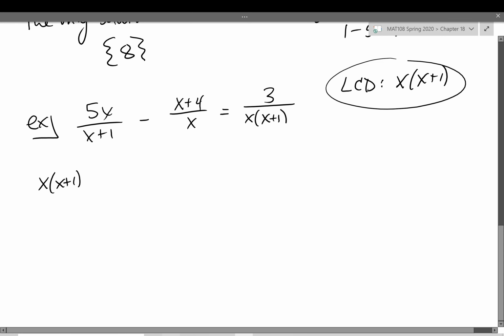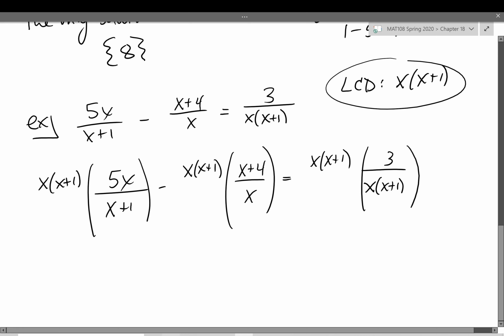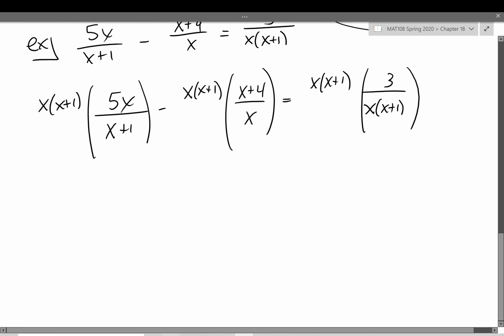So we get x times x plus 1 times 5x over x plus 1, minus x times x plus 1 times x plus 4 over x, equals x times x plus 1 times 3 over x times x plus 1. Okay? Now, let's take it easy. We'll go left to right. We know the x plus 1 and the x plus 1 reduce to 1,